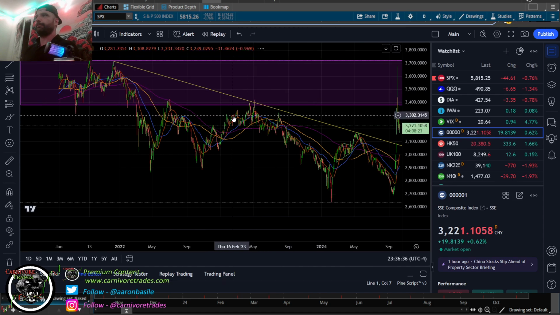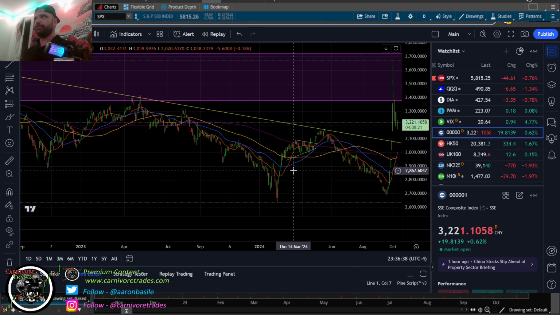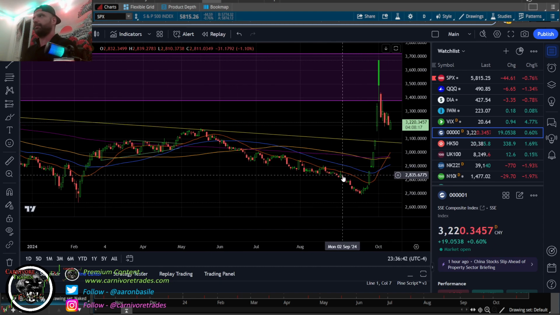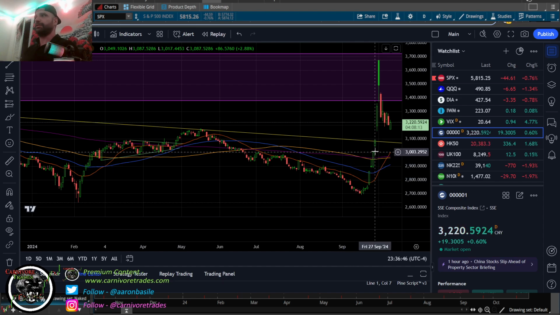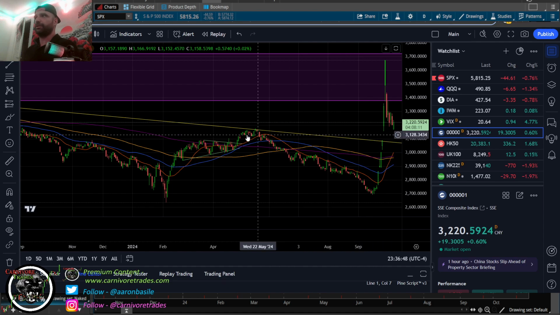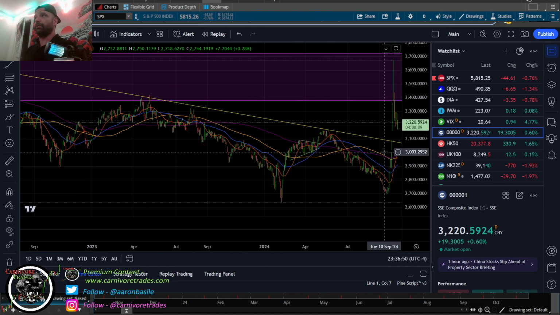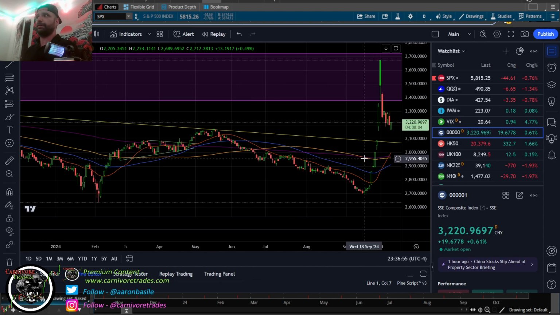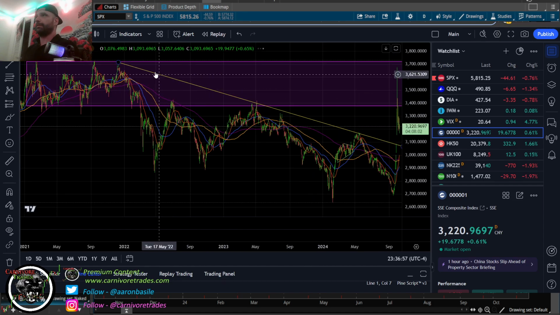Shanghai. I was fortunate and smart enough and talented enough to be on the right side of this, right? Didn't have the best entry. I was on the right side of it. And when I saw these gaps take place, I knew an impulsive move was coming. And the old me would have just sold everything on right here, or into one of these. But